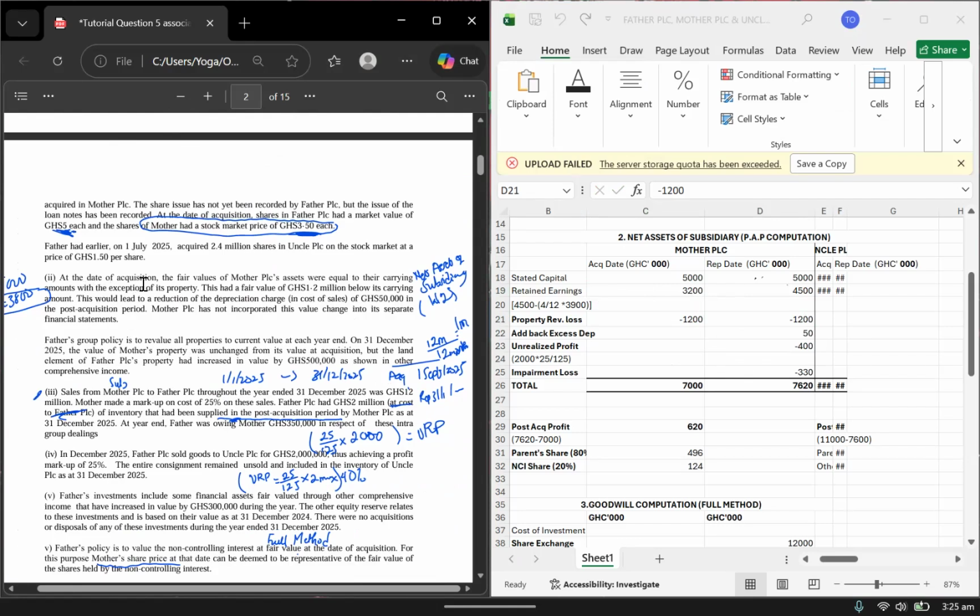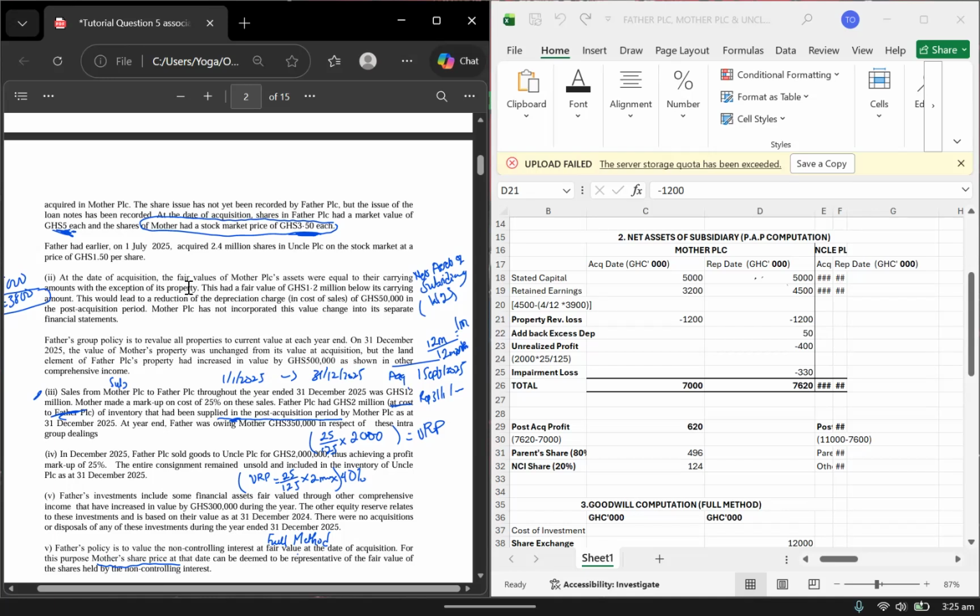Now at the date of acquisition, the fair value of Mother PLC's assets were equal to their carrying amounts. Okay, meaning all the assets, the fair value was equal to their book value. As in, if you take their financial statements, the value written in there is the same as the amount when you go to the market to go and buy them. Okay. However,